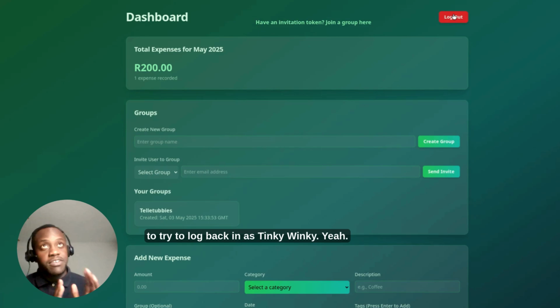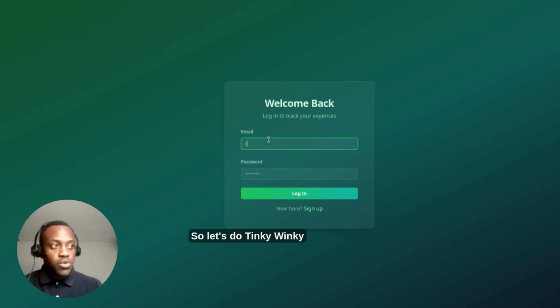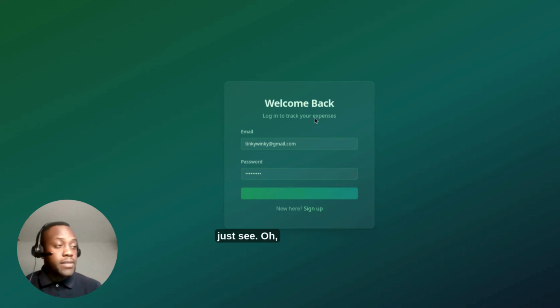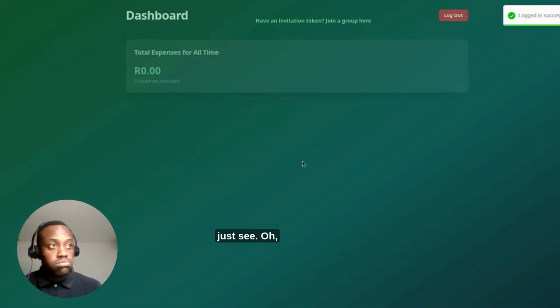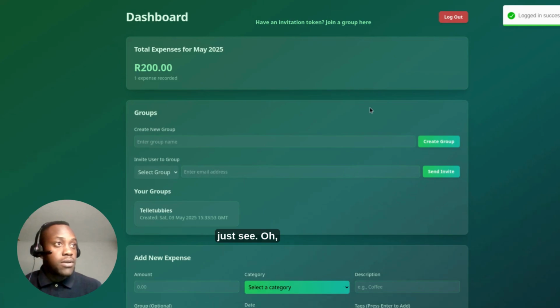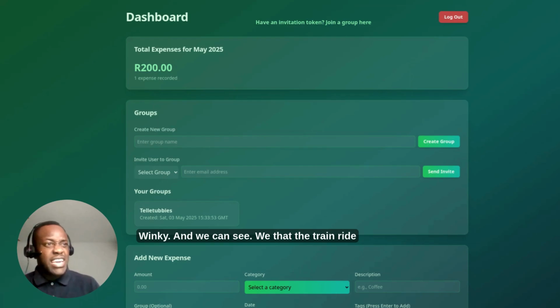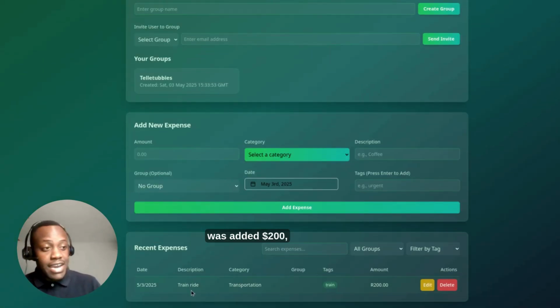So I'm gonna log out. I'm gonna try to log back in as Tinky Winky. So let's do tinkywinky at gmail.com. Let's just see. Oh, okay, cool. So we've logged in as Tinky Winky, and we can see that the train ride was added